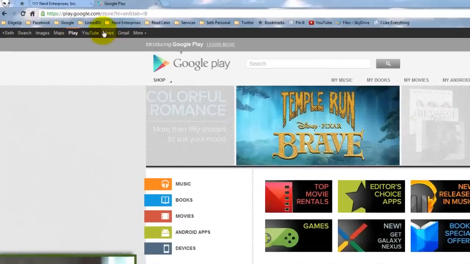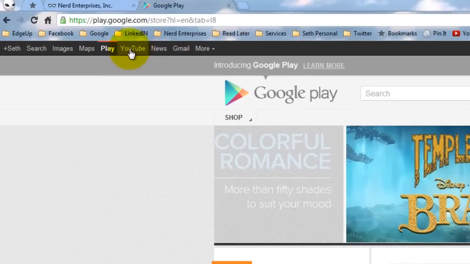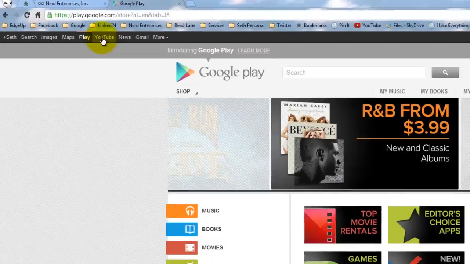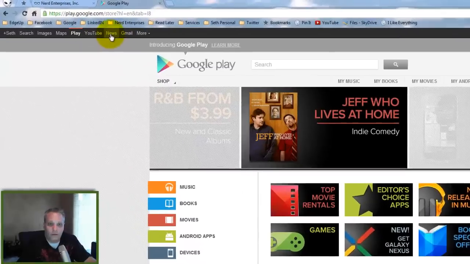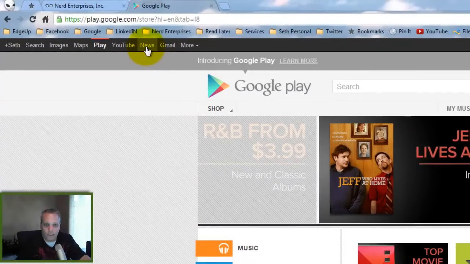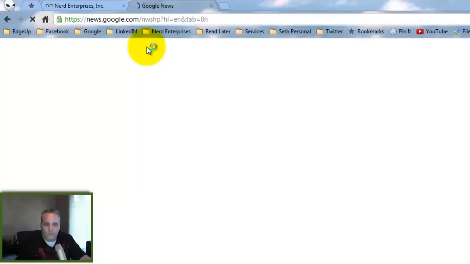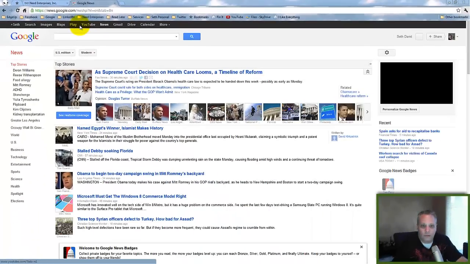It's your entertainment center within Google. YouTube is your other entertainment center within Google. It's also, and you may have heard me say this more than once in more than one video, the second search engine behind Google itself, YouTube. That's where people are going to go to search for information because they'd much rather get videos to watch than have to read. News, I can go to Google News and find out what's going on in the world, right?